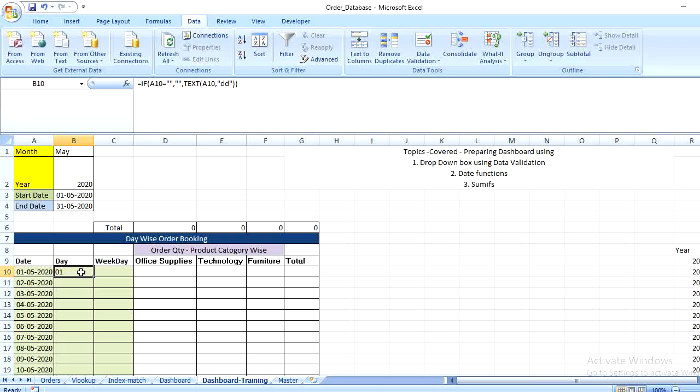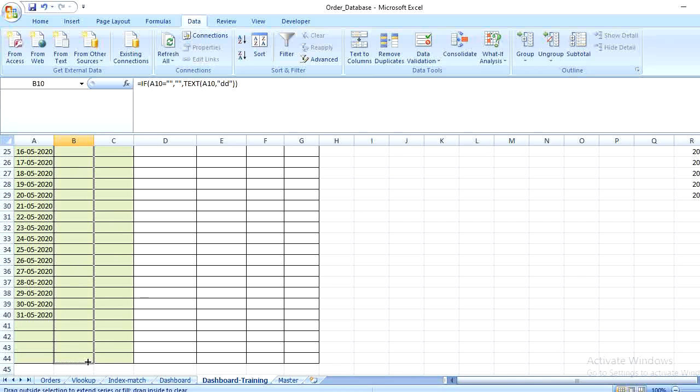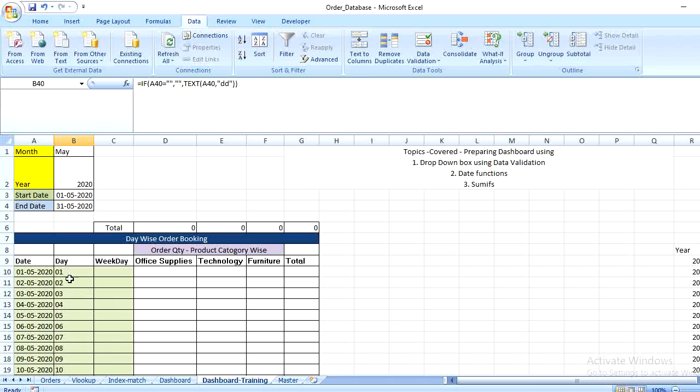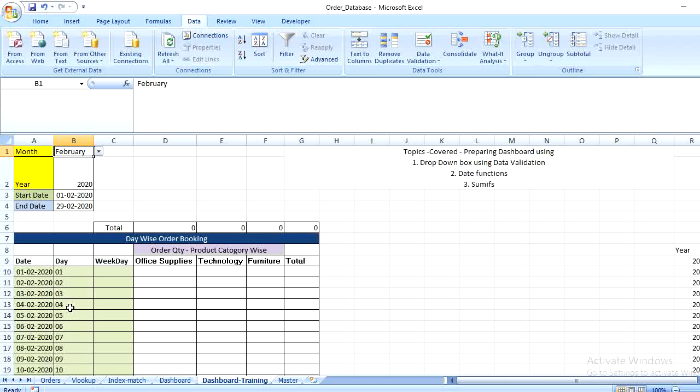So the day of the month is getting displayed there, so I am going to drag it down to the bottom. Suppose I am selecting February, this is getting displayed for the current year.